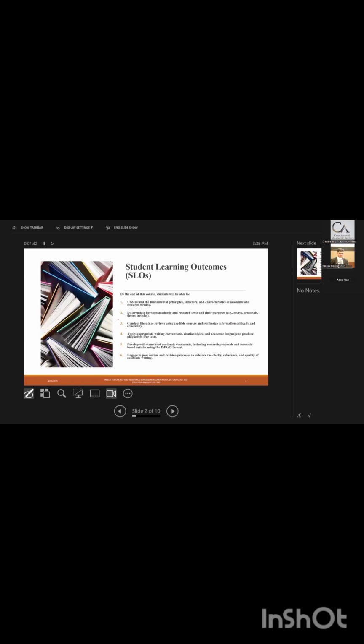Here are some learning outcomes which I have mentioned particularly here because the students are keen to learn how can they write and how can they publish their work. So the learning outcomes which I have mentioned here are like understand the fundamental principles, structure, and characteristics of academic and research writing. This particular objective will definitely enable students to understand what are the fundamental principles of writing,